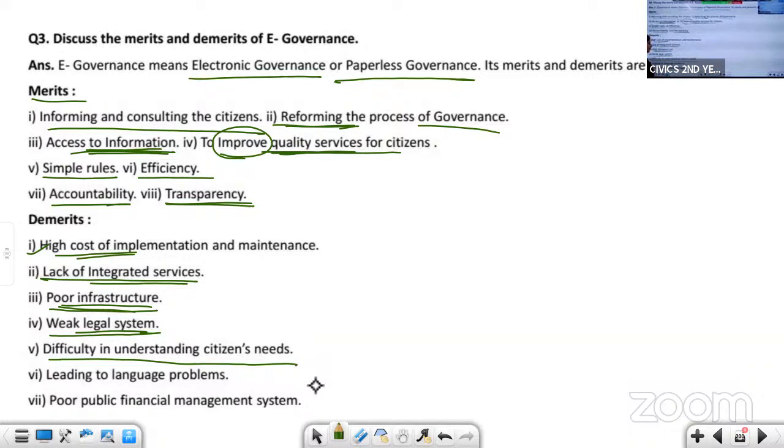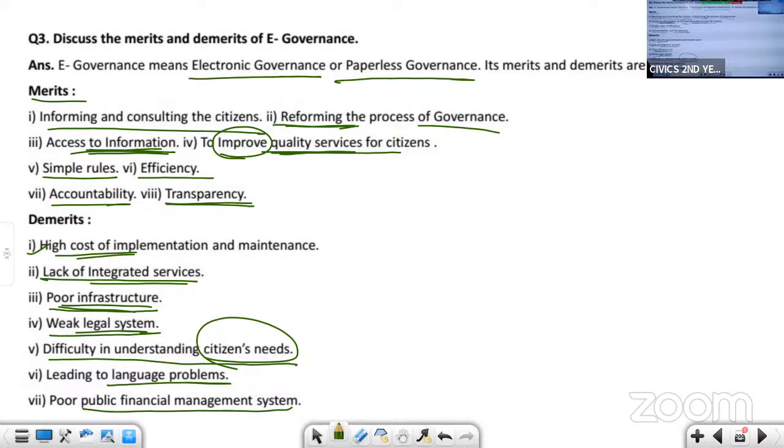Many a times it happens that you will get the information which is irrelevant to you. You will not get the information what you want. So it is not easy to understand the needs of the citizen. And there is another problem, that is language problem. Then poor public financial management system. So here we can take an example of